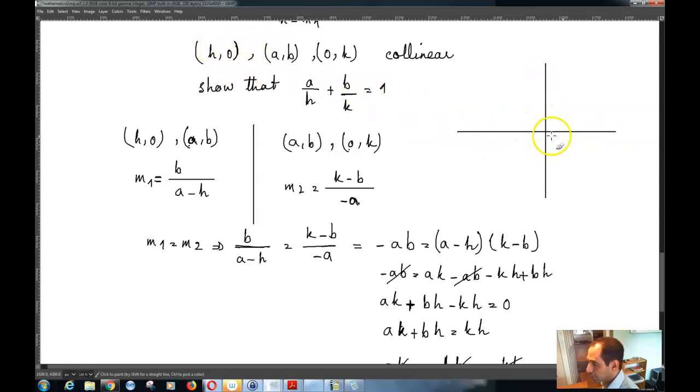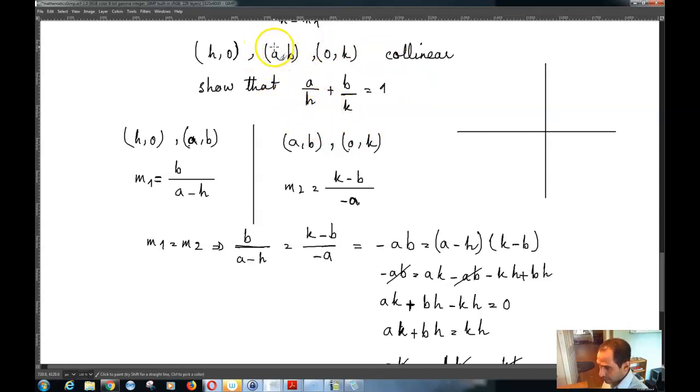That means that you have some point on the x-axis, and some point on the y-axis, and some point probably in the middle between those 2 points. If these 3 points are collinear, then you can say that A over H plus B over K is equal to 1,